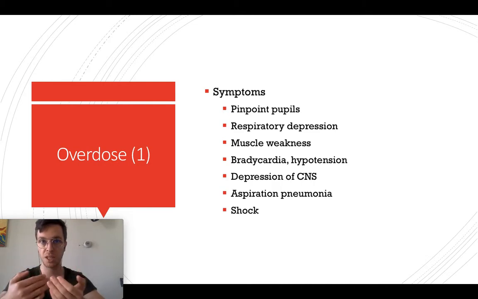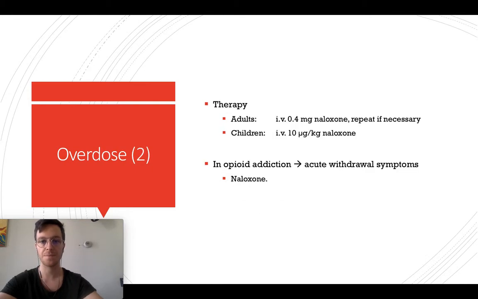When somebody takes too much, morphine can lead to an overdose, and a patient may have pinpoint pupils, respiratory depression, muscle weakness, bradycardia, and hypotension, depression of the central nervous system, aspiration pneumonia, and lastly, a shock. The therapy is, for adults, intravenously 0.4 milligrams naloxone, and repeat this if necessary, and for children it is IV 10 microgram per kilogram naloxone. And note that when somebody has an opioid addiction, the use of naloxone may lead to acute